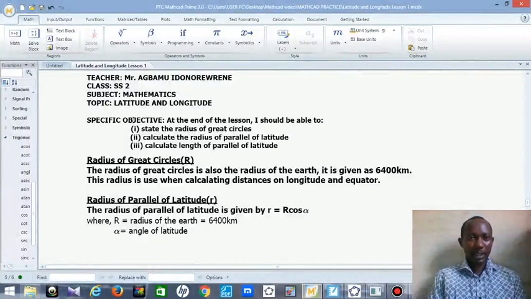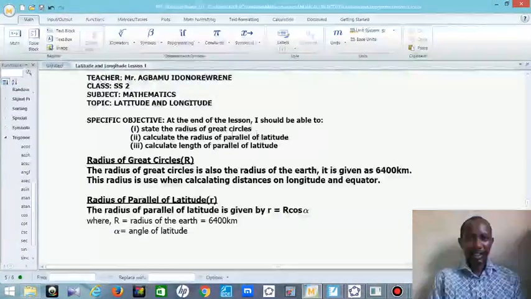I'm here to teach mathematics on the topic latitude and longitude. In today's class, these are our objectives. Number one is to state the radius of great circles, calculate the radius of parallel of latitude, and calculate length